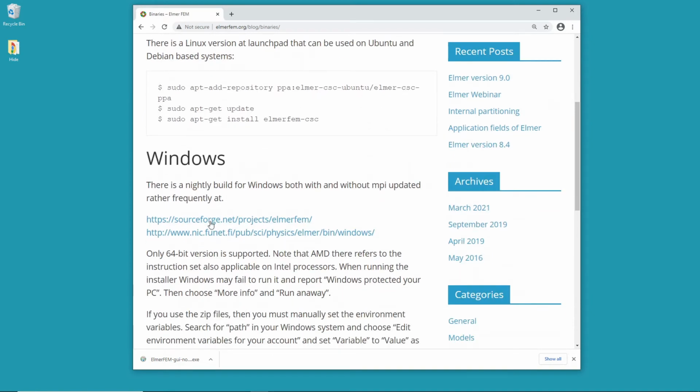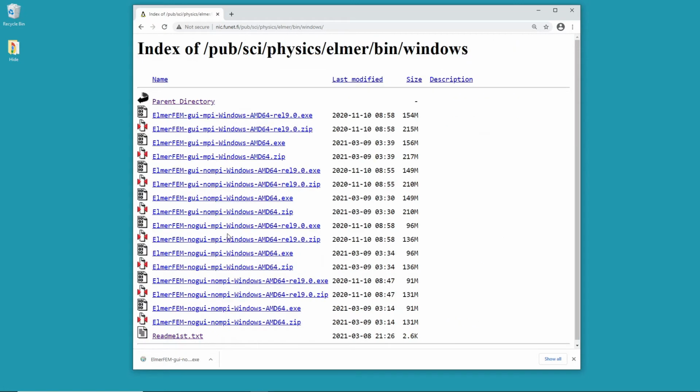We scroll down for Windows. We can choose between SourceForge, which includes maybe a little bit outdated versions, but in nic.funet.fi we always have the nightly builds. So I choose that one. And here we have a number of installers to choose from. I choose one which has the GUI, which does not have the MPI, and it has a suffix .exe, which means that it's an installer. So let's download that,